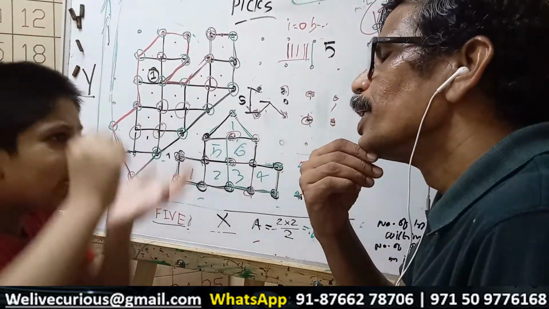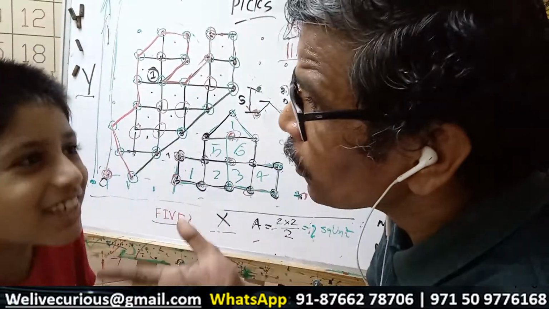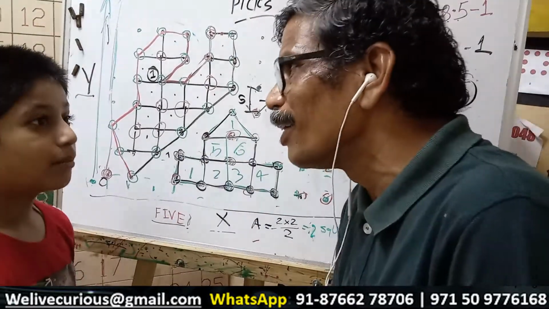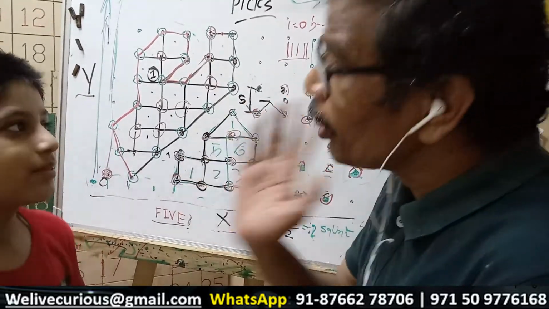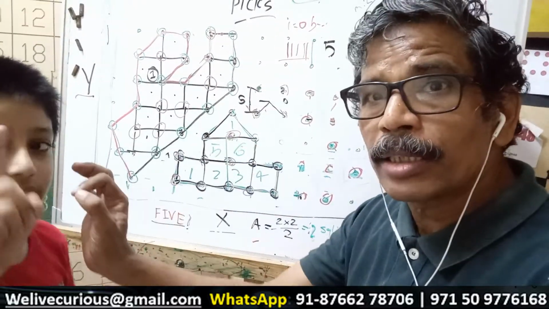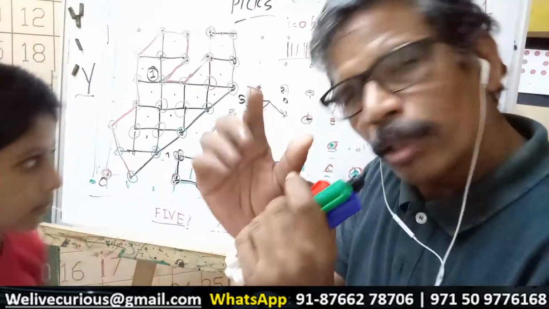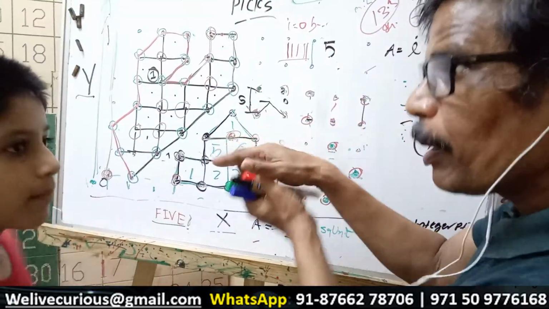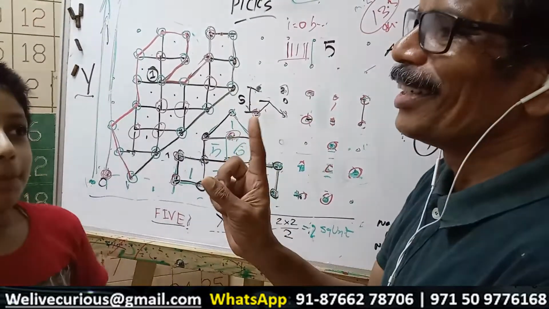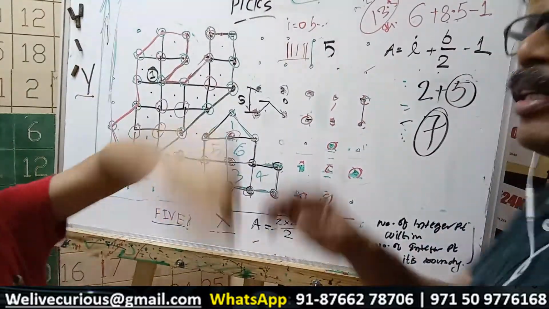But there is a certain limitation to this also. How can you make 0.001? But 0.001 is not an integer. We cannot use Pick's theorem on 0.001 or 0.009, because it is not an integer. It can only be used on integers, that is 1, 2, 3, 4, 5, 6, 7, 8, 9, 10. So if you have a point that is smaller, okay, fine. You take a finer graph paper. Instead of 5 units, you take 4, 3, 2, 1. But not below 1. Below 1 you cannot use this. Then you have to go for the actual formula.